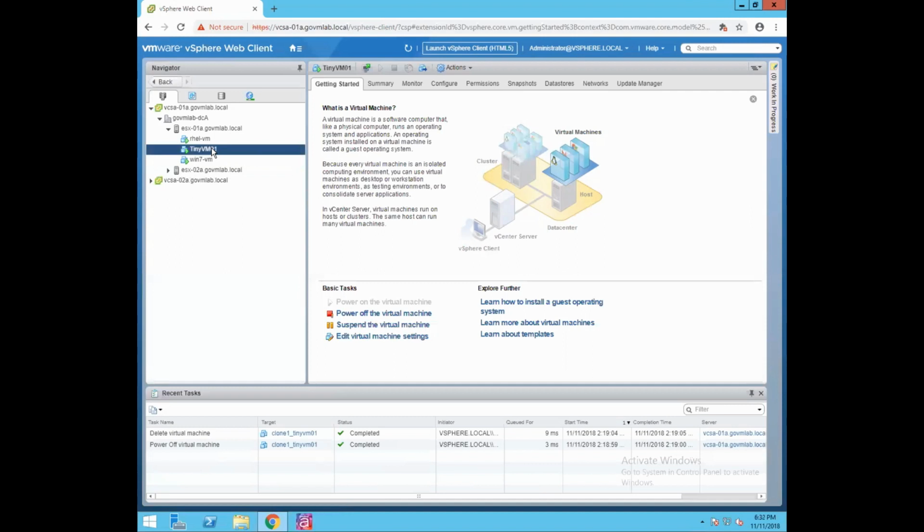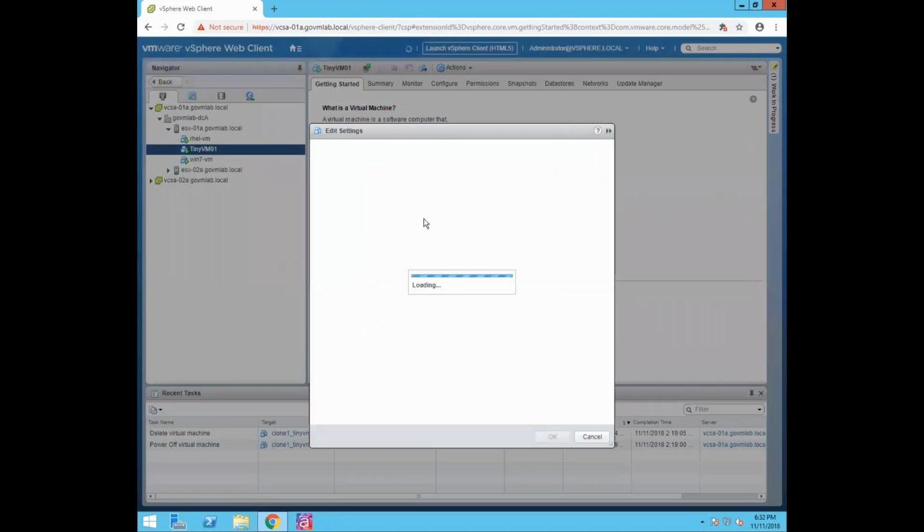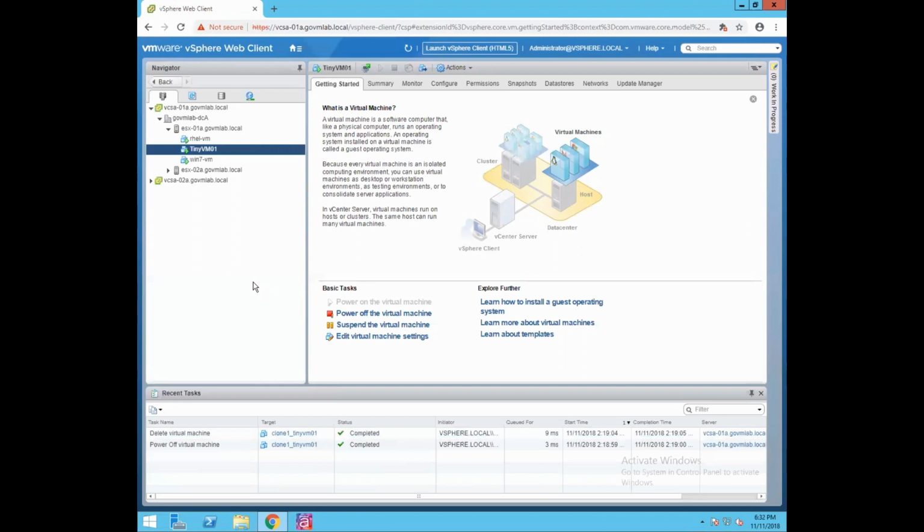If you see the hardware configuration of this VM, it has only 32 MB of memory and 32 MB of hard disk. So I would also recommend you to deploy such tiny VMs in your lab environment to perform operations like hot clone, cold clone, or any kind of cloning or migration operations, because it will help us perform these operations much faster as compared to the bulky VMs. So in our lab, I will be performing the clone operation referring to this VM as our source VM.